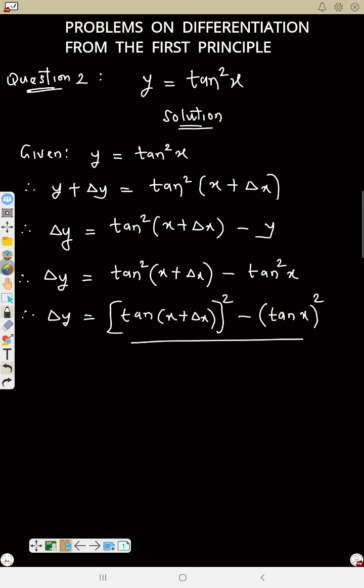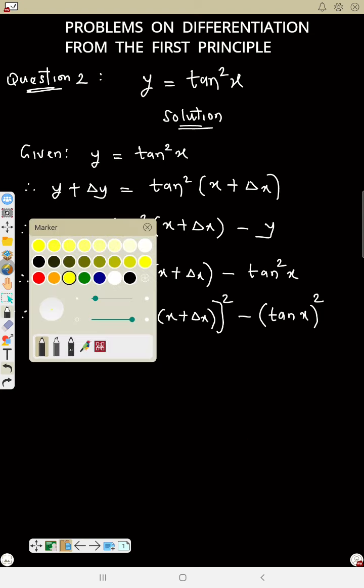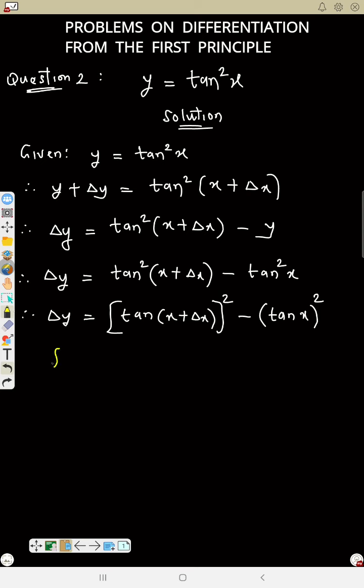So this is the difference of two squares. That is the one I used before: x square minus y square is equal to x plus y, x minus y. So that is the difference of two squares. Now if I use this to express, let me write it, from x square minus y square is equal to x plus y, then x minus y. So that means my dy will